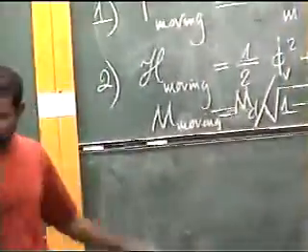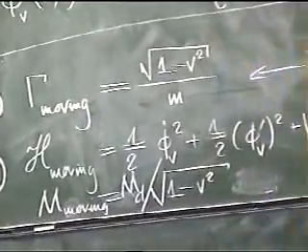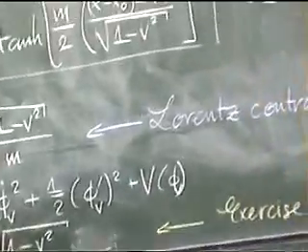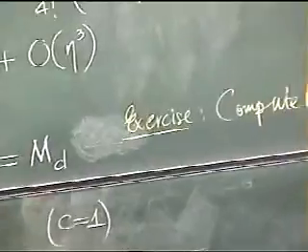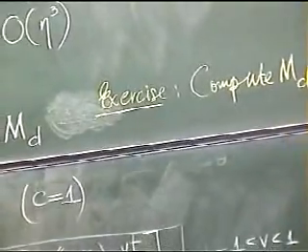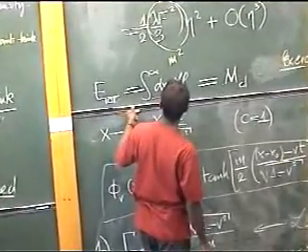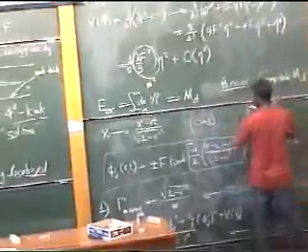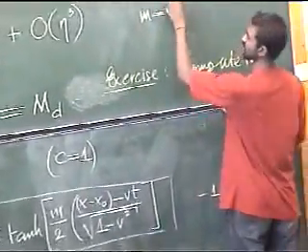Where epsilon mu nu is the totally antisymmetric tensor, which means that epsilon 0, 1 is equal to plus 1. If I interchange these two indices, I get epsilon 1, 0, and that's minus 1. So this is the property of the totally antisymmetric tensor. And K mu, the conserved current associated to this topological charge, is